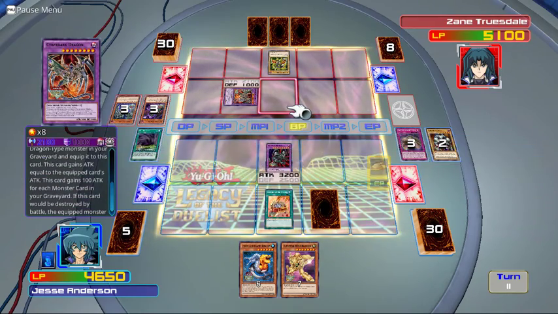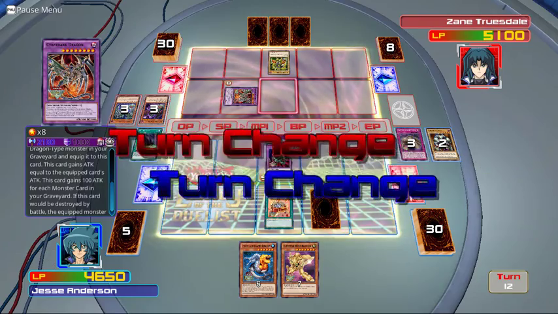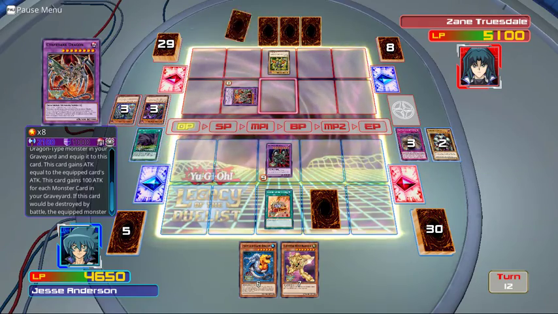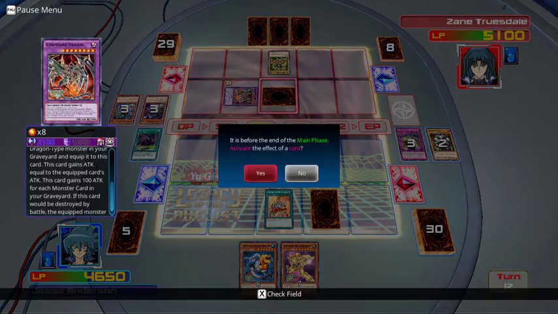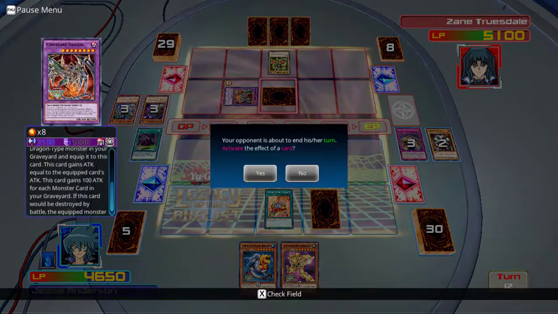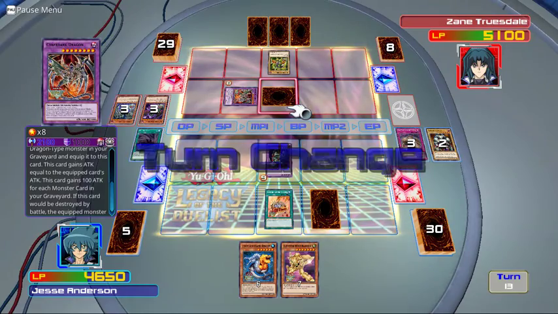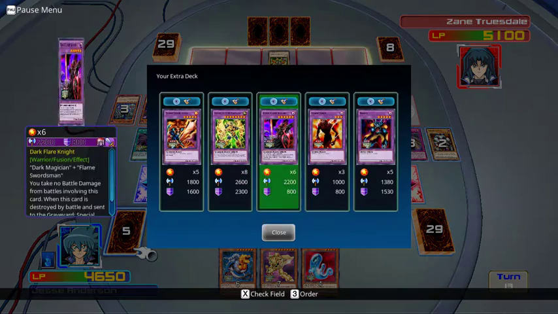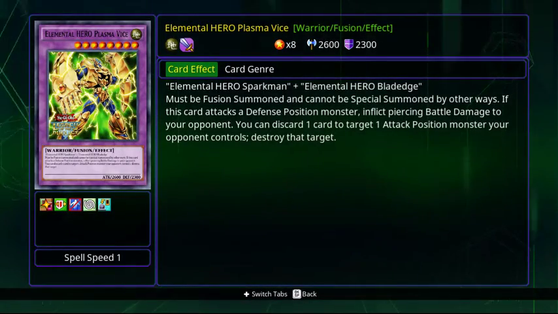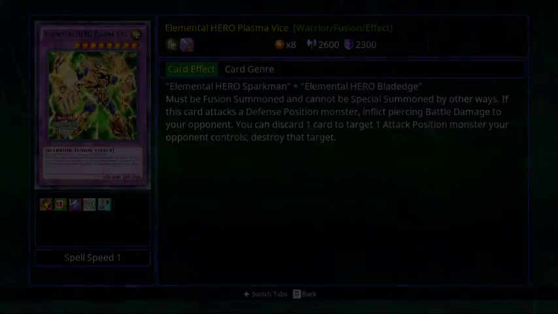I was gonna say, why does Cyber Dark Dragon not have as much attack as it used to, but I play Burden of the Mighty. That's why. As long as he keeps playing those sets, I'm good. Fire Monster, come on. Or Fusion Substitute. That would be awesome. Because then I could summon Plasma Vice, which can destroy monsters, but only attacks, so...